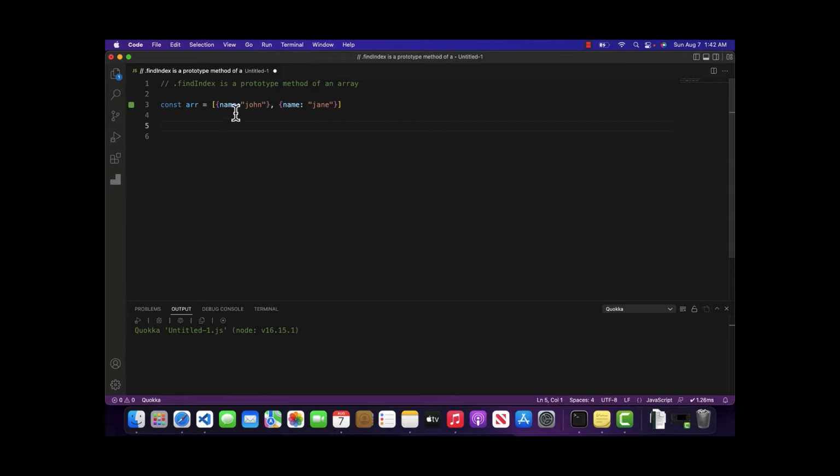As you can see right over here we have an array of objects, the first one with the name John and the second one with the name Jane, and what I want to do is find the index of the object with the name Jane. So what I will do, I will come over here and write dot findIndex,